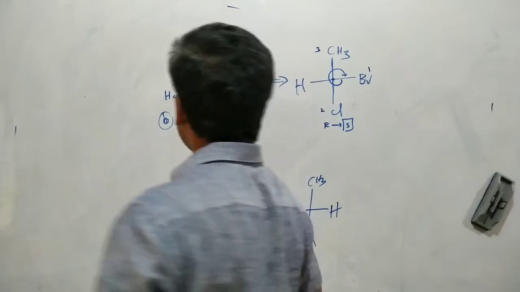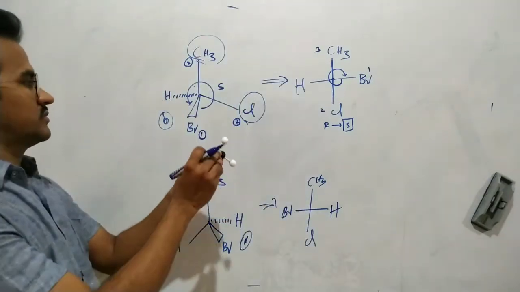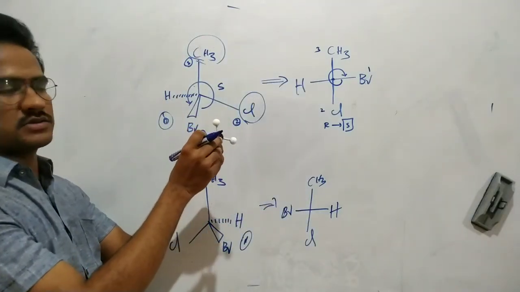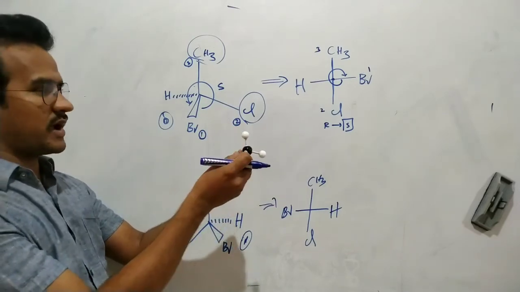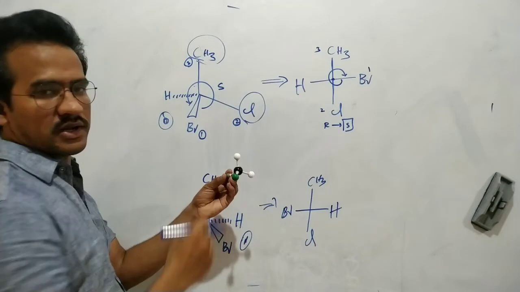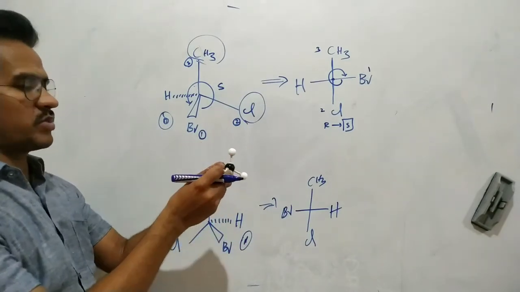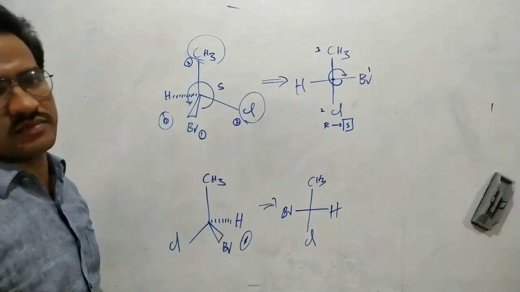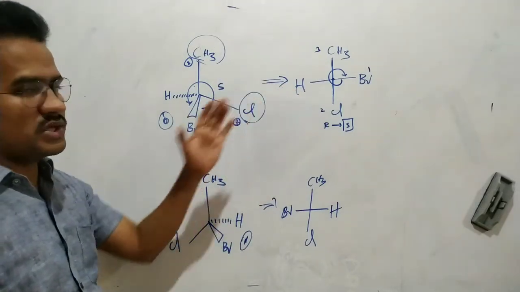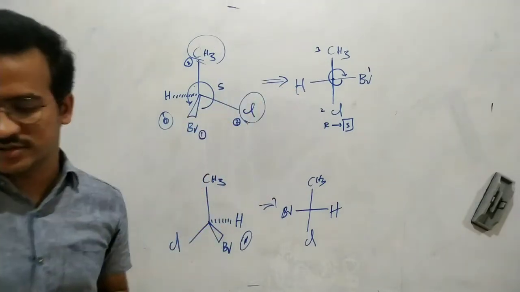Now here this molecule is observed like this. This is the bromine above the plane, present in the right hand, so that is written on the right side. Now the hydrogen below the plane is present in the left hand, so that must be written on the left side. It is a 3D to 2D conversion. That's it.